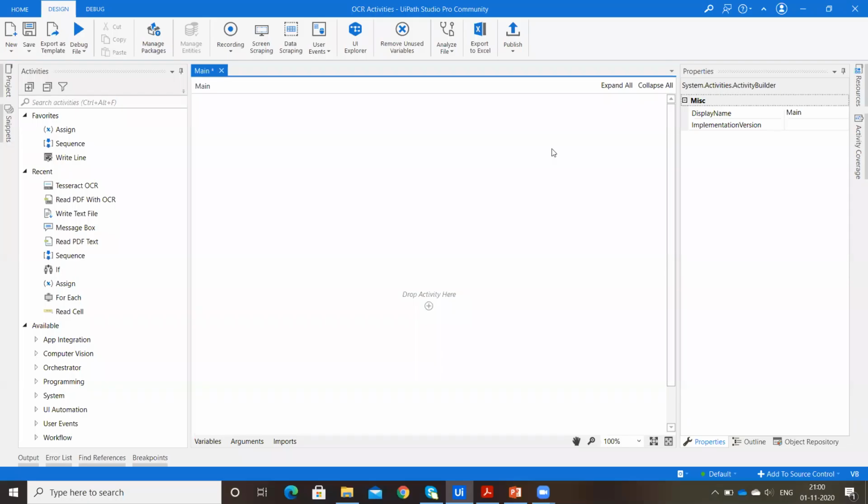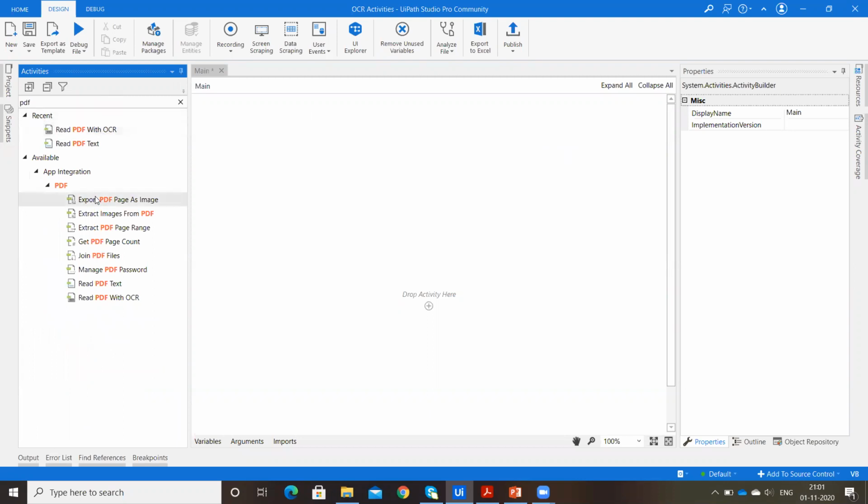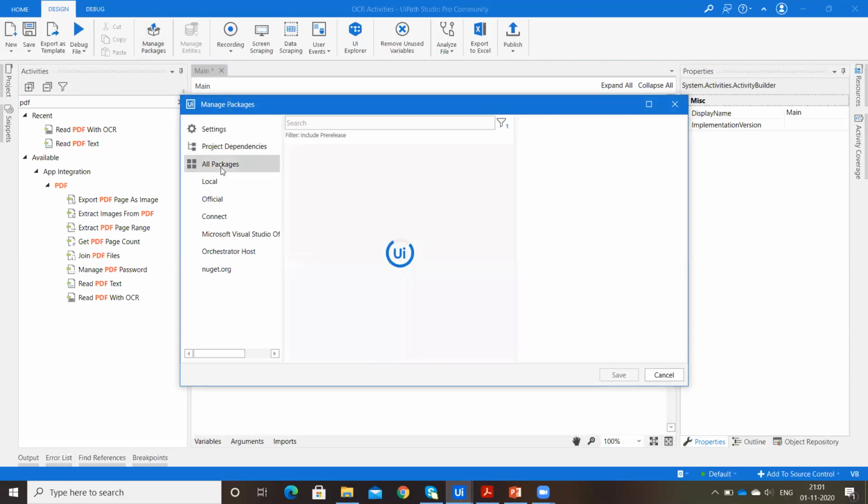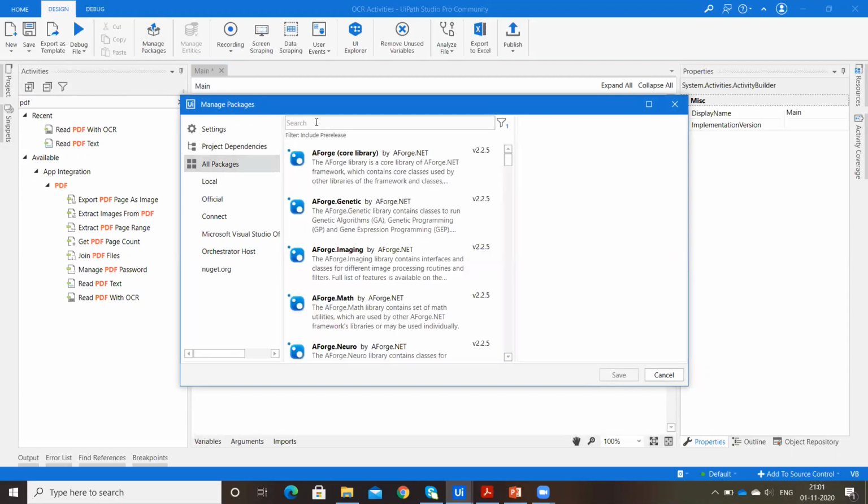The very first step is installing PDF activities. First, search for PDF. If you find n number of PDF activities like export PDF pages as image, then you are fine. If you didn't get these packages, then go to manage packages. Click on all packages and search for